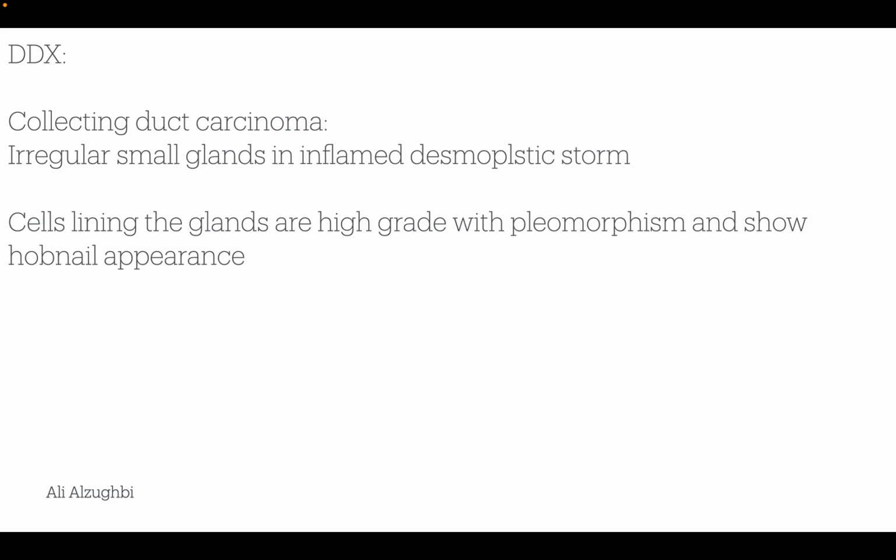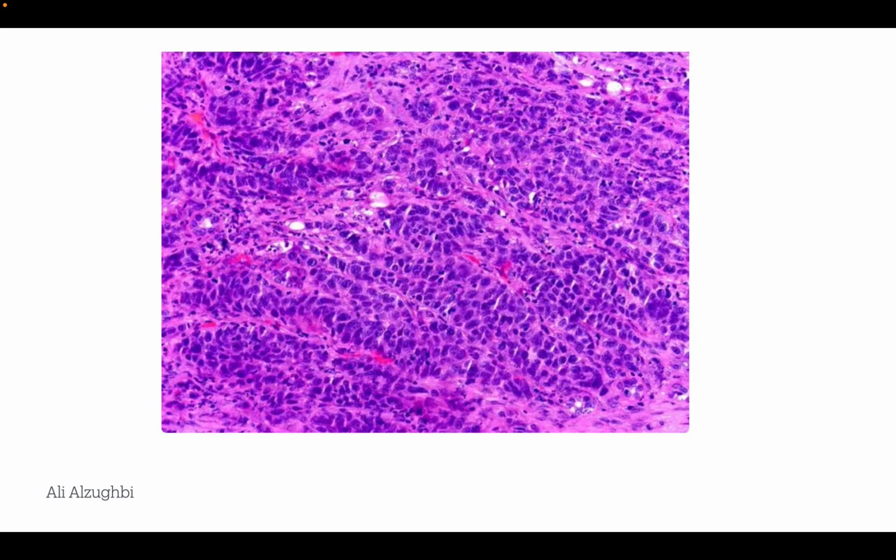Regarding the differential diagnosis, we have collecting duct carcinoma. Usually, collecting duct carcinoma is a high-grade carcinoma, with irregular small glands in an inflamed desmoplastic stroma. The cells are highly atypical, high-grade cells with hobnail appearance. This is a picture of collecting duct carcinoma. So it makes tubules, but the tubules are showing stratification with high-grade features,